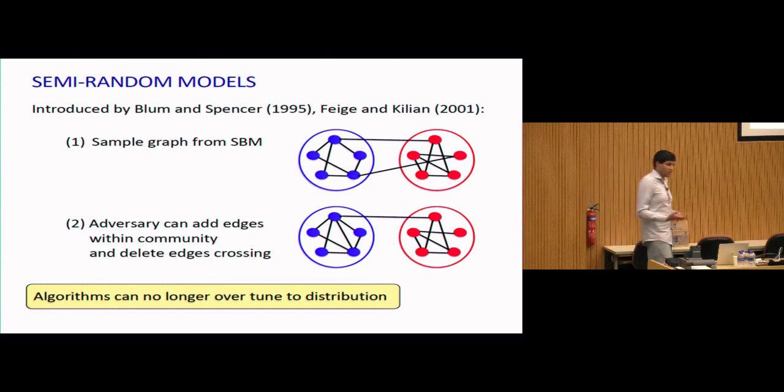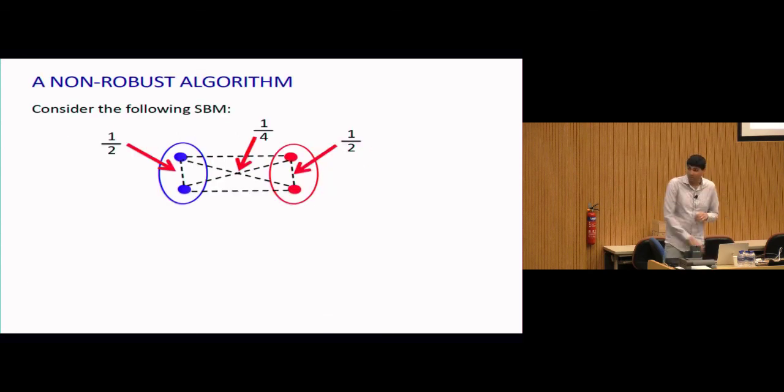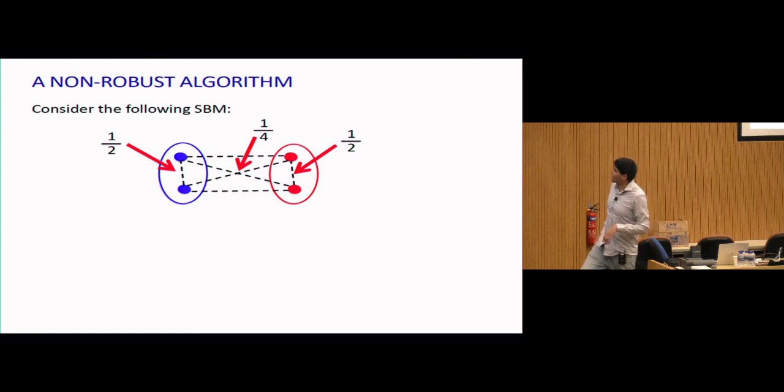But these types of changes that the adversary is allowed to make, while making your problem intuitively easier, destroy some of the sharp regularity, which might be the thing that your algorithm is overexploiting to make itself work. So it's a great way to stress test your algorithms to see, are they working for brittle reasons or more fundamental reasons?